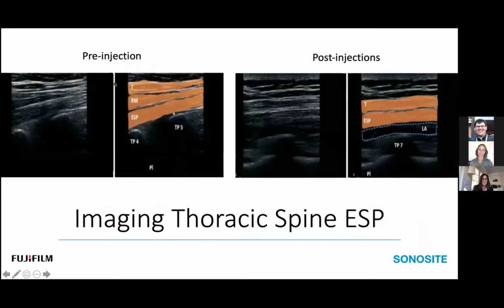This is a pre-injection ultrasound image and a post-injection image in the thoracic spine area, in the TP4 and TP5 area. So you have your three muscle layers here, which are identified in color here: your trapezius, your rhomboid, and your erector spinae muscle. Your target would be here, again, deep to the erector spinae muscle. Post-injection, you'll see local anesthetic pooling between the erector spinae muscle and the transverse process. And you can see that here identified. Transverse process, local anesthetic, erector spinae,